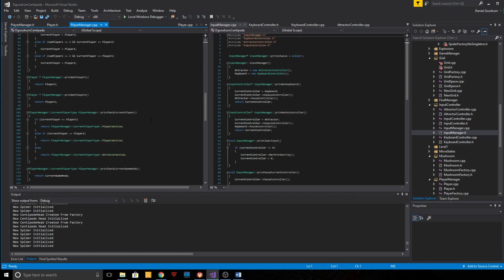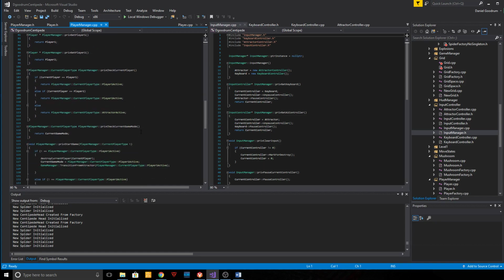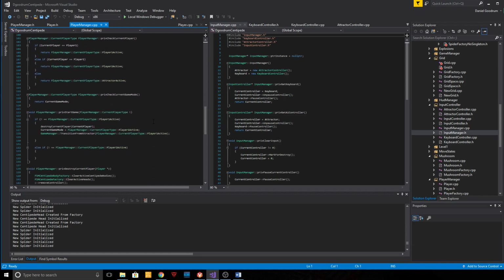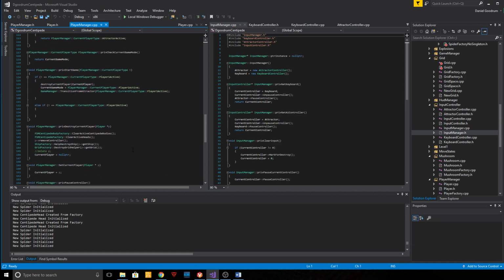This just checks the current player type. The start game, I'll go over that again later. That's controlled by the game manager, and that is what's used to transition from the attractor mode to the new current player, or to player 1. Player 2 should look something like that, but once again, I don't have player 2 implemented. Destroy current player,